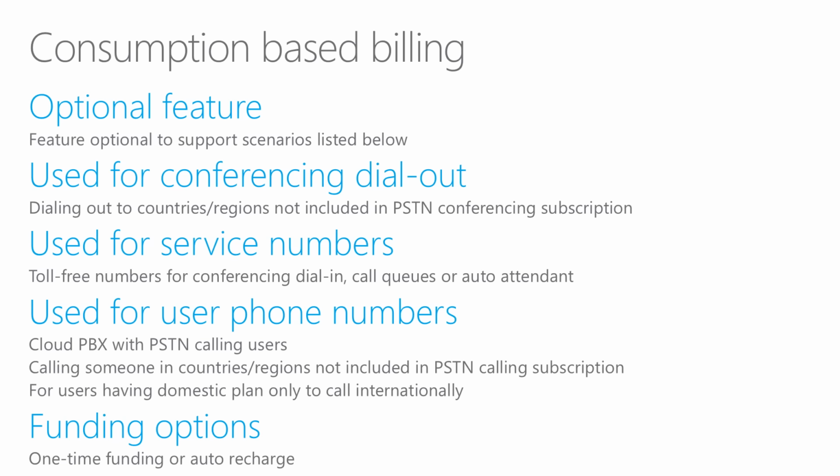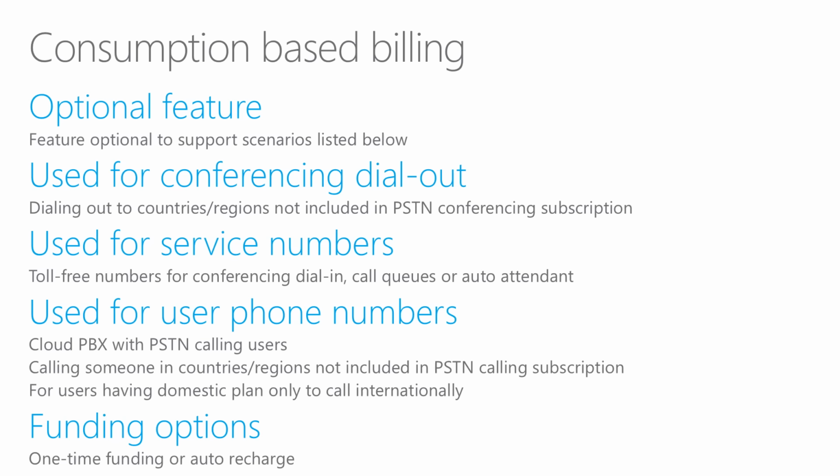So let's talk about the consumption-based billing that we just mentioned. In general, it's an optional feature. So you don't need to have it, but there are a number of scenarios where it's very useful. The first one is conferencing dial-out. If your user is having a conference and someone wants to dial out from the conference to a region or a country that's not included in the PSTN conferencing subscription, then you need to pay for that, and consumption-based billing will be used. Also, consumption-based billing will be used if you want to provide toll-free numbers for conferencing dial-in,